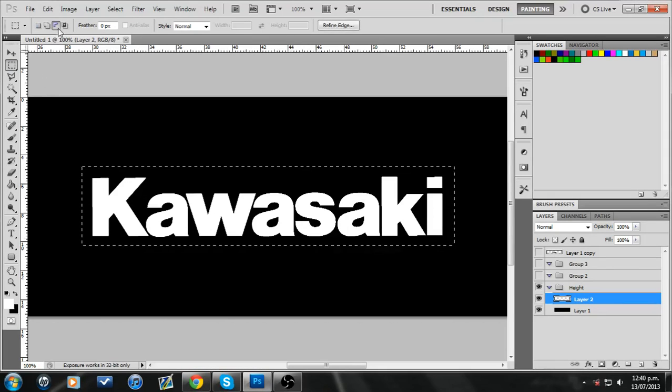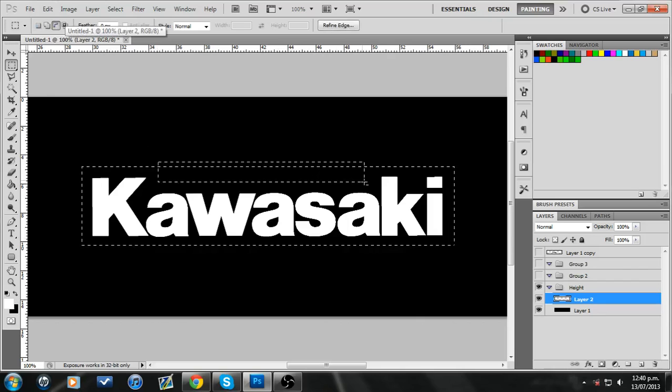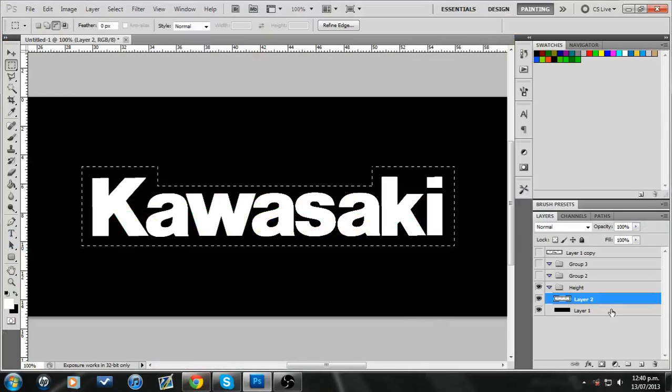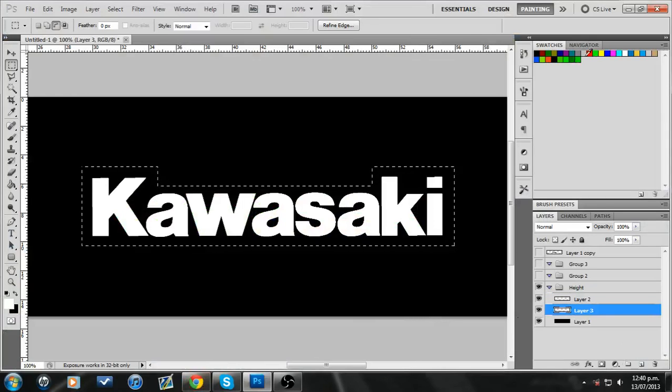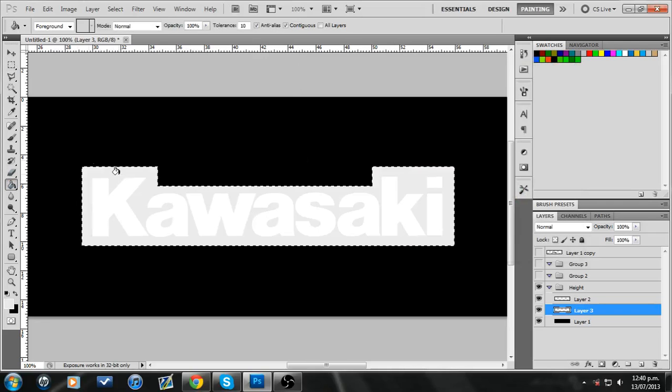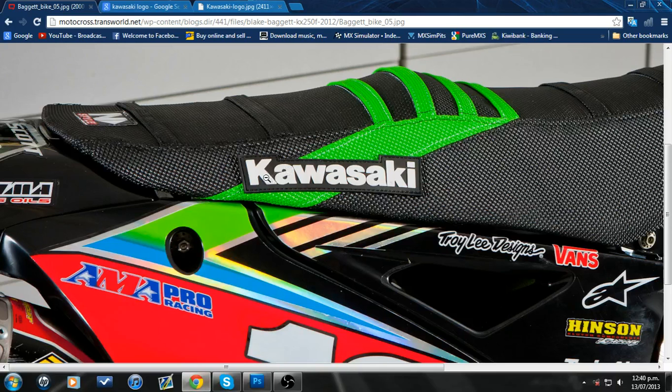Something like that, and then we're going to remove the chunk in here, and yeah, looks kind of similar. And make a new layer, and we're going to make this chunk nearly white. It's going to be very close to that color, so something like 235. That way it won't have as much pop as the actual logo, because when you look at it, the logo itself doesn't pop off of that very much,